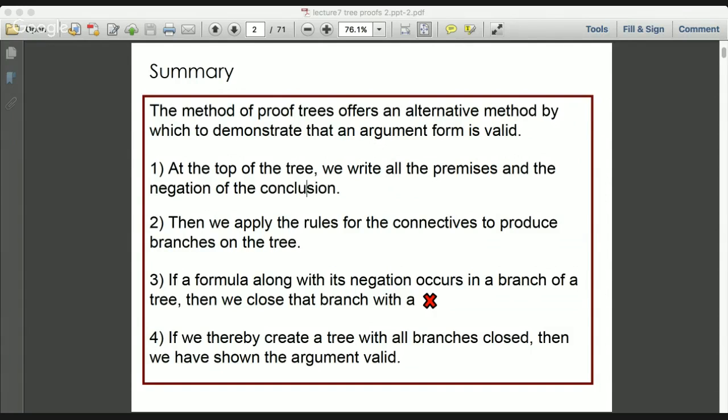We were doing tree proofs. So we were introducing tree proofs for the first time. It's another method for testing formulas and arguments in propositional logic. It's just like the truth tables that we had before. It does all the same tests. It's just that